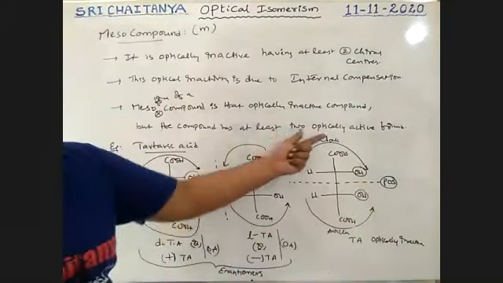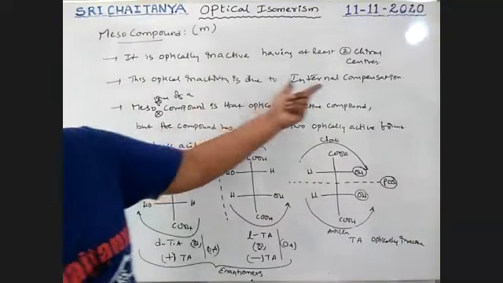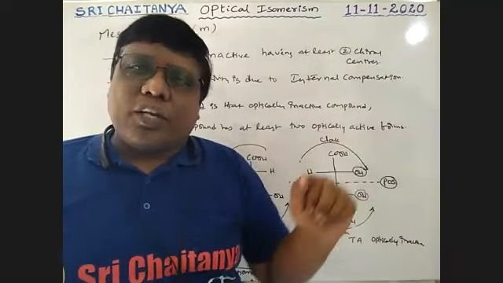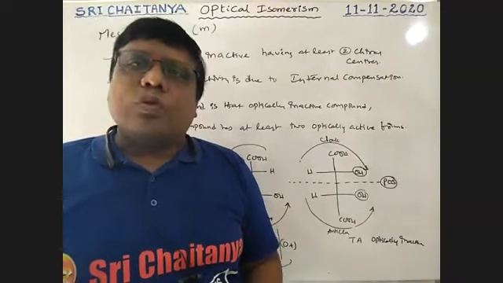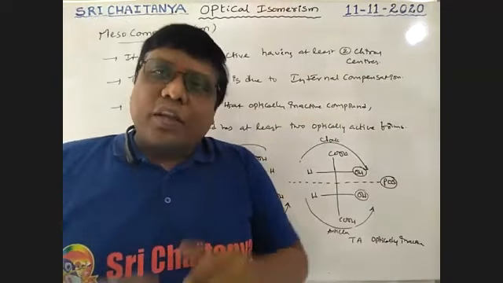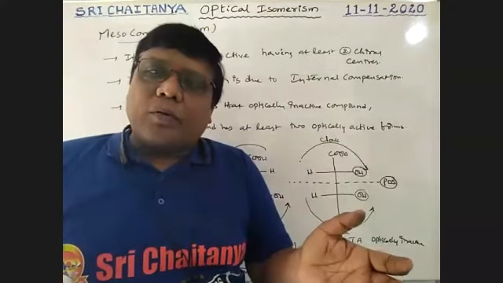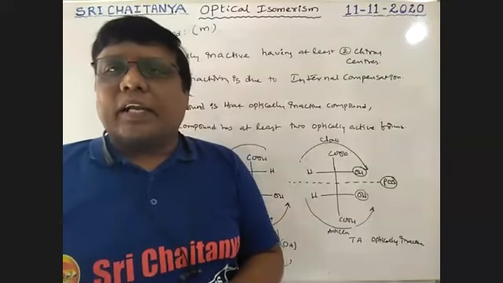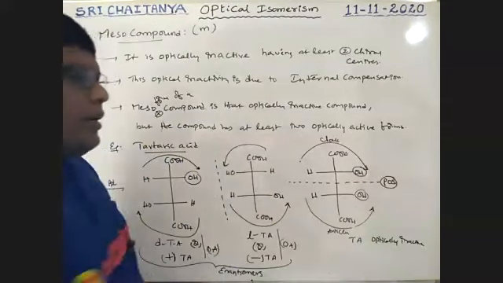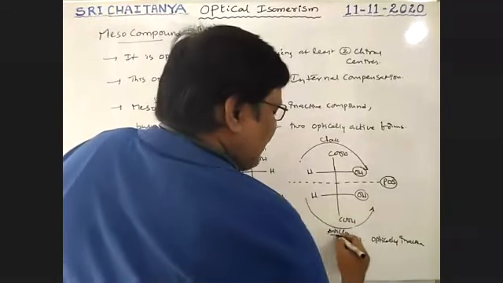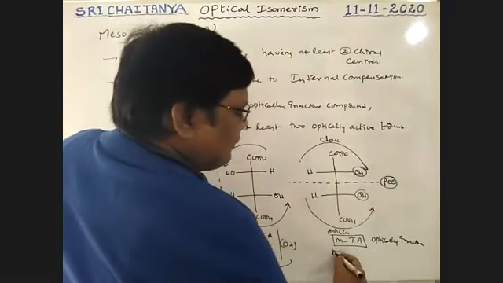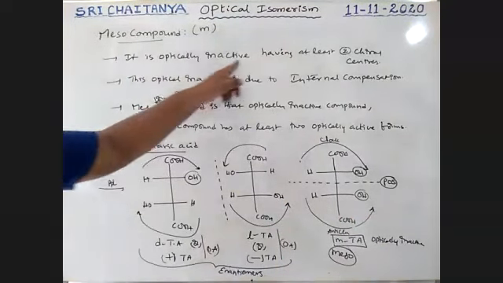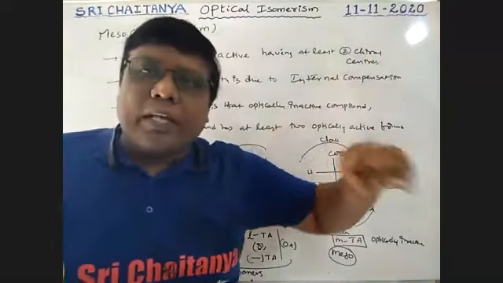That is called internal compensation. Within the molecule, one carbon cancels the other carbon's rotation. It is not from an external compound; within the compound, one carbon cancels the other's rotation. That is called internal compensation. This compound is called a meso compound, which is called meso-tartaric acid. So an optically inactive meso compound needs at least two chiral centers.